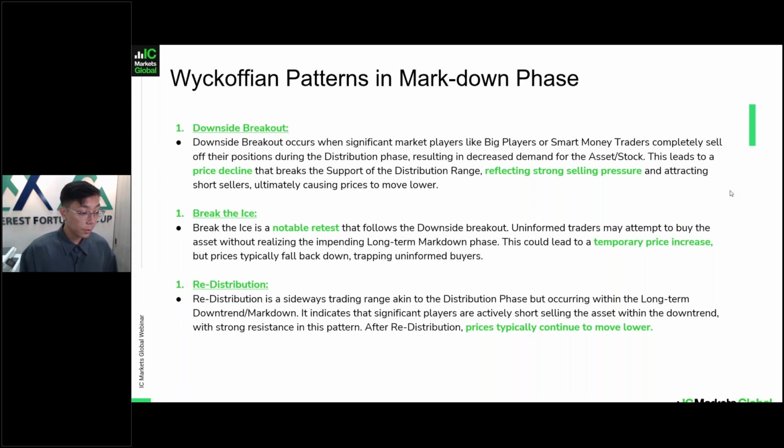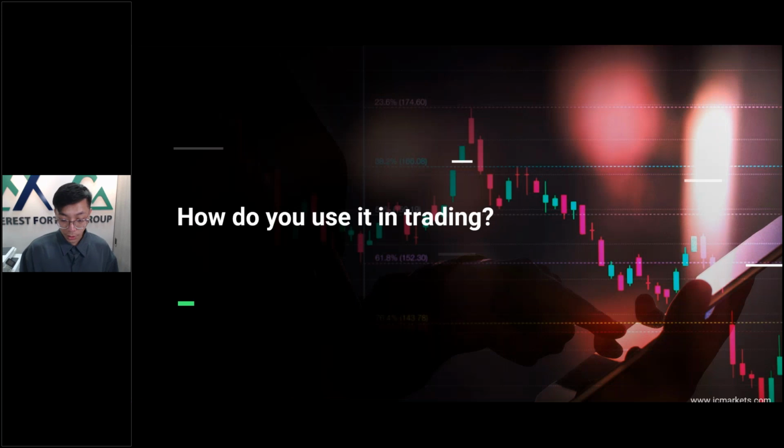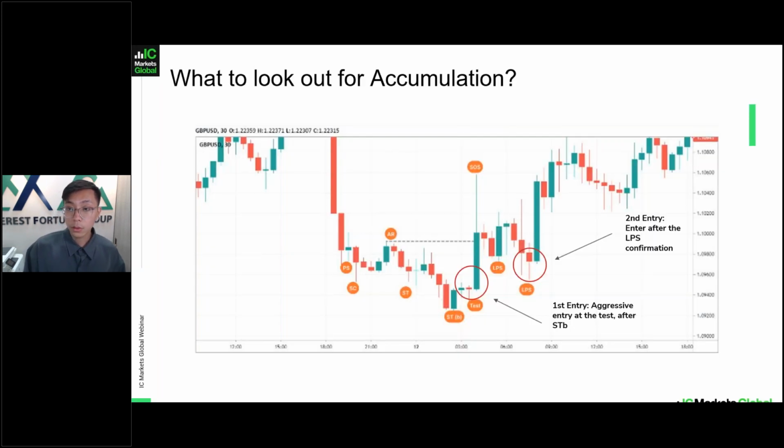So let me go through with you guys how you use it in trading. Okay, so what to look out for: accumulation, right? So I have two different entries for you guys. One entry is aggressive entry at the test, right? Remember, just now I mentioned that some people that are more risk averse would like to enter after the spring, which is your test. So you see right here,